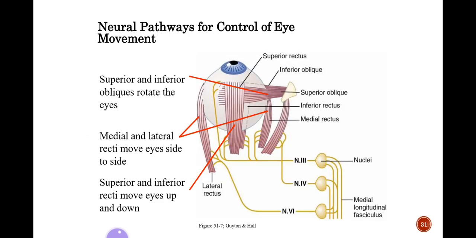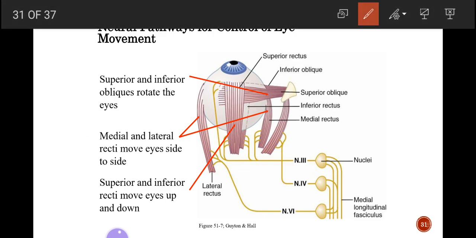This is the neural pathway for the control of the eye movements. Here, what is the formula? This picture shows the extraocular muscles. These are of 6 types, 2 obliques and 4 recti. The formula to memorize the nerve supply of these muscles is SO4,